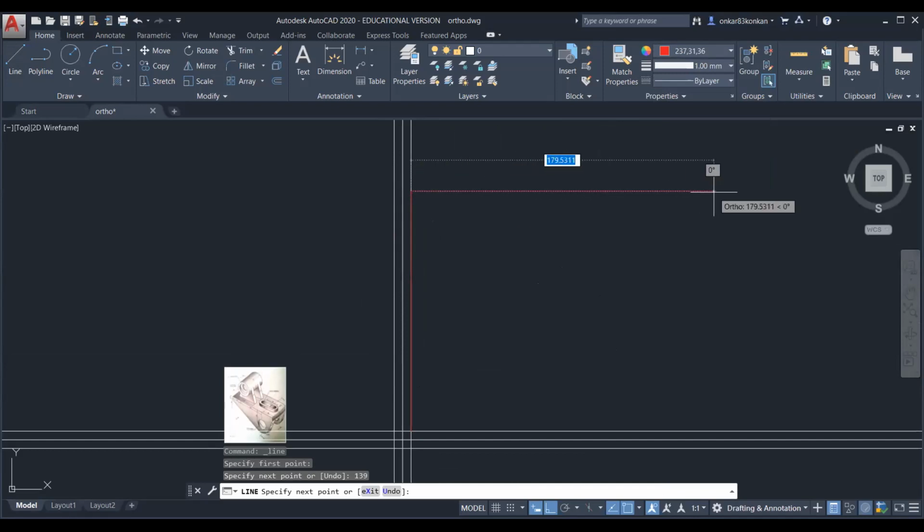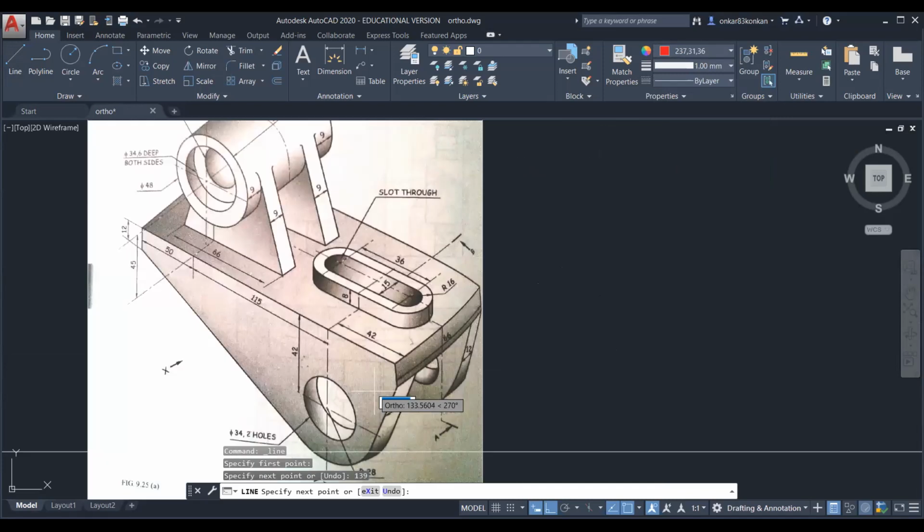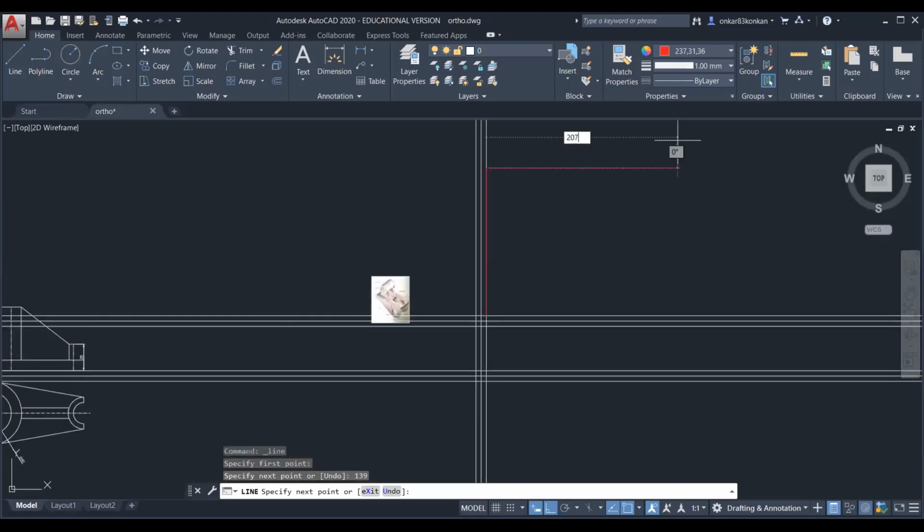Then this width is 207. And close this rectangle. So this is the dimension of the reference rectangle in the front view.